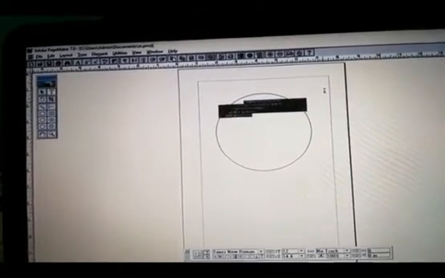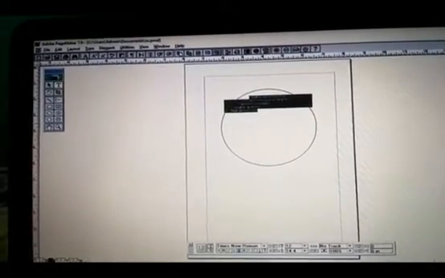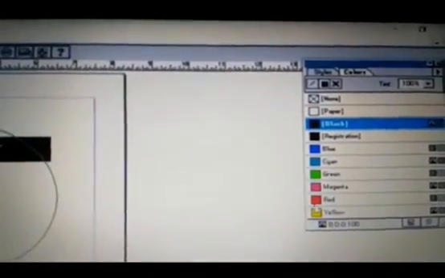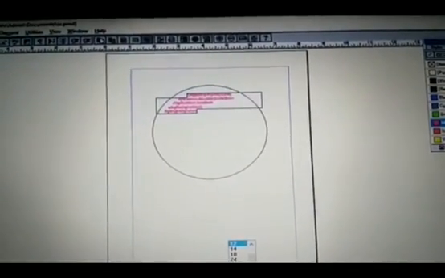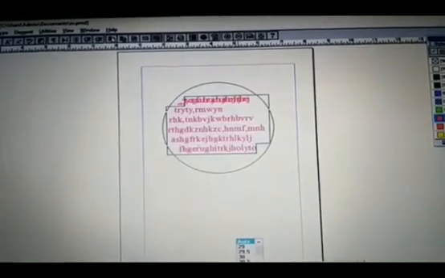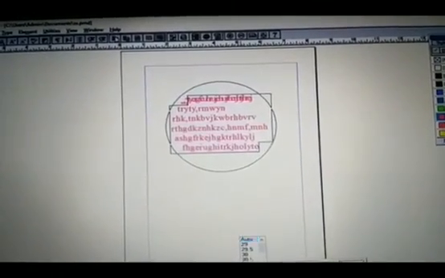First press Control A, and then select in the color palette. You can see the styles and colors. You can just select some colors, and you have to change the font size, and you can change the leading points.